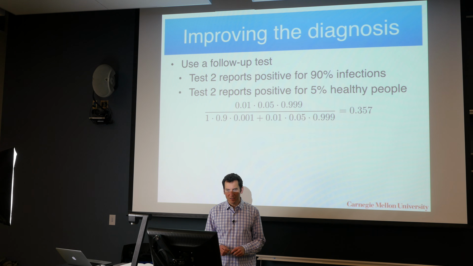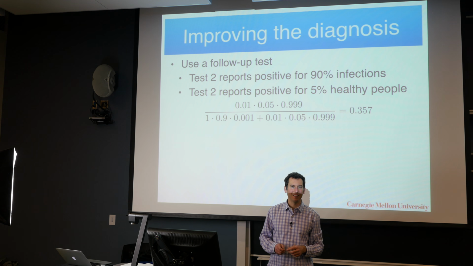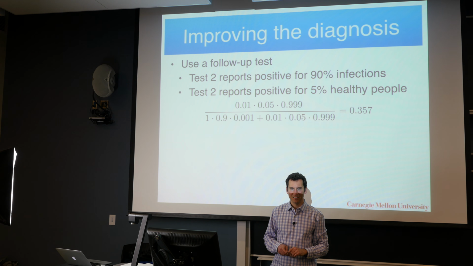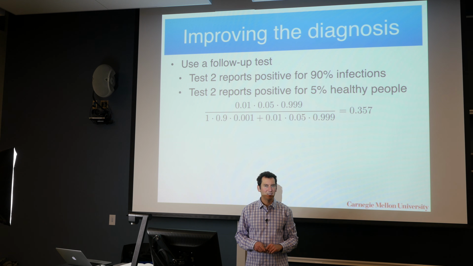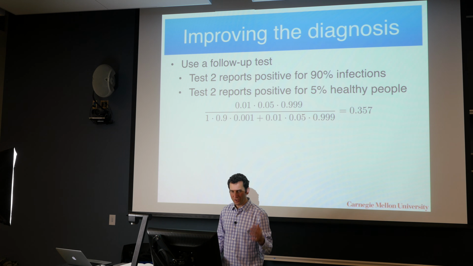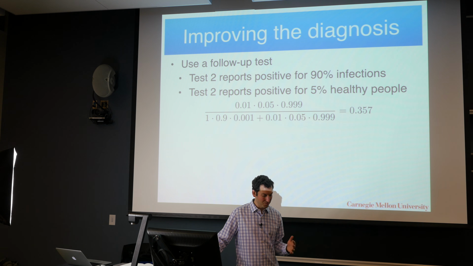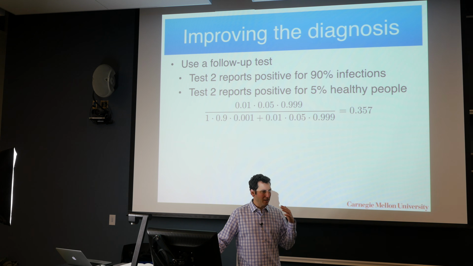Okay. So here's the question. Why was I allowed to use that second test? What assumption did I make on the second test such that I was actually allowed to use it? Yes? That test is independent from the first one? Exactly. And so the results are going to be correlated by the same fault in the assumption? Exactly. So the key point is the test is conditionally independent. So conditionally on me having AIDS or not, the outcomes are independent of each other.